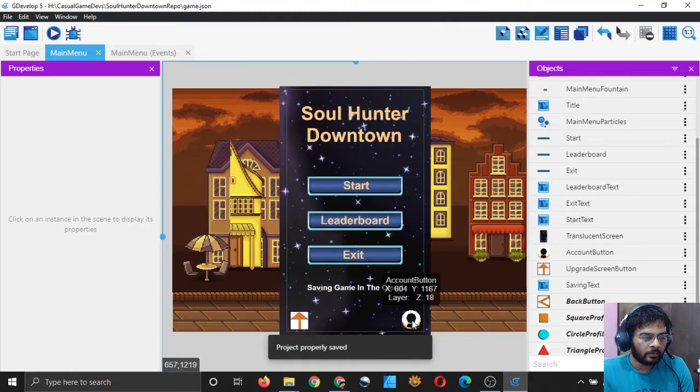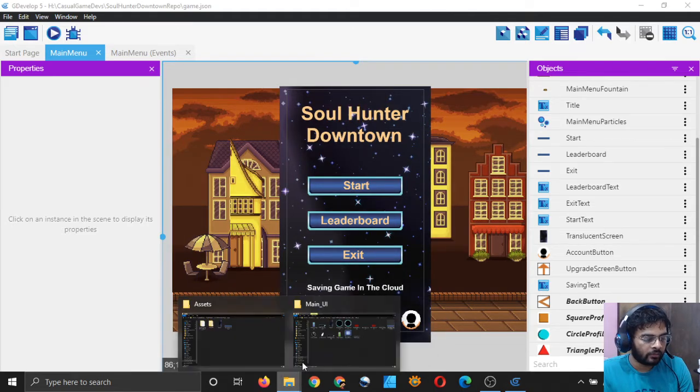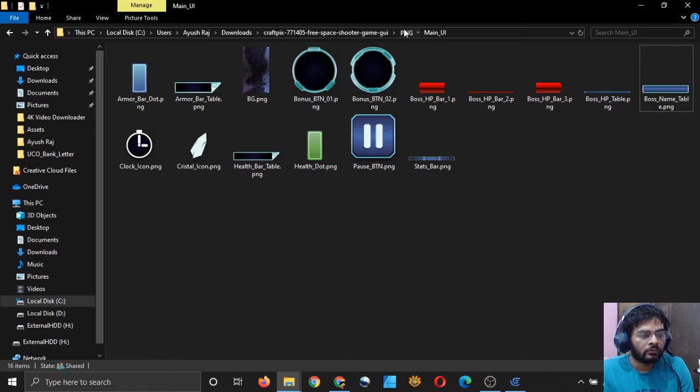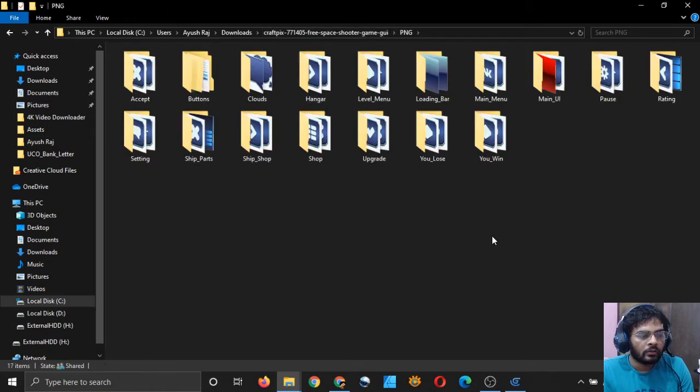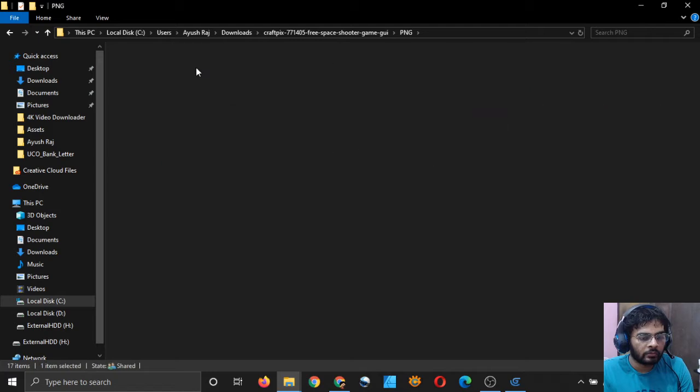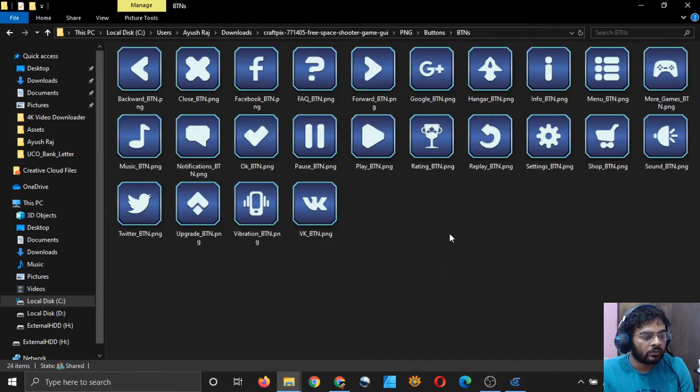And you can replace the icon also. We have a whole section for icons. You can see that I have these buttons, right? And maybe there is some button which I can use as an account button. So you can see, upgrade button, upgrade, right?